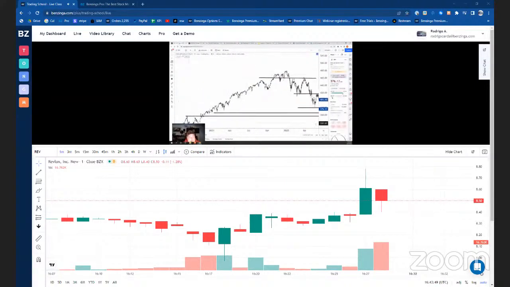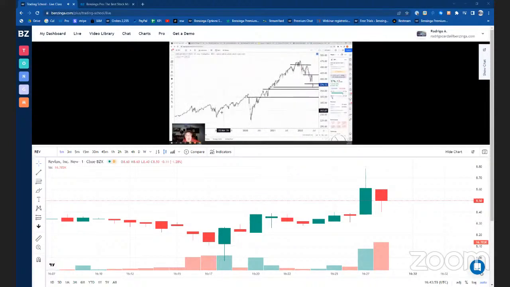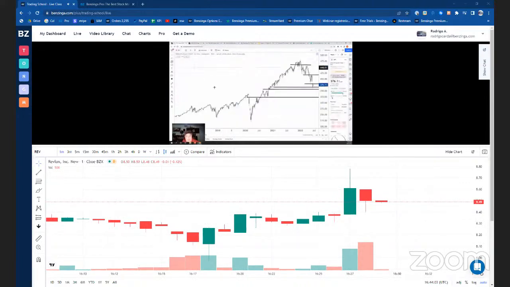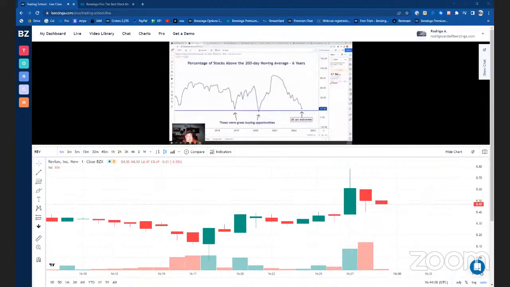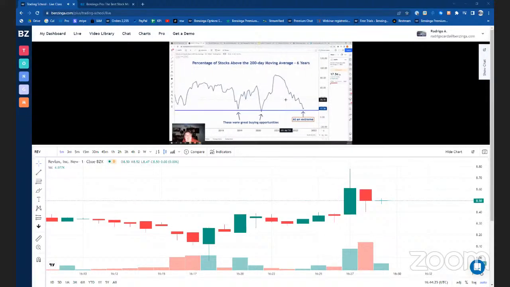So let's go over here to the Dow. I mean, sorry, I'm still thinking of the Dow Stones Rock Market Averages. All right, so this here is here, and this here is here. This is the number of stocks that are above the 200-day moving average. So when you get to an extreme low, in other words, 83% of stocks are below their 200-day moving average, it just shows really, really aggressive selling. All right. So we could get some kind of a bounce.